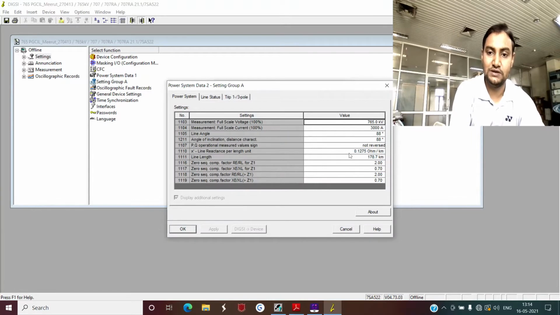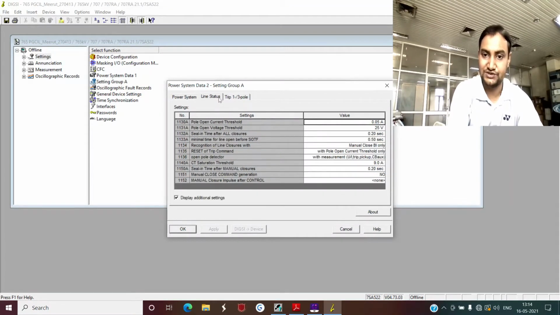It knows that the ohms per kilometer is 0.1275. That means the fault location is 100 kilometers from your substation end. If you have not set this per unit reactance value correctly, then the fault location will not be accurate.